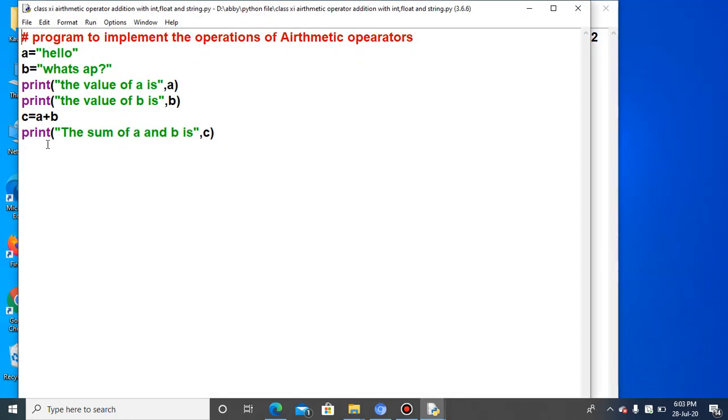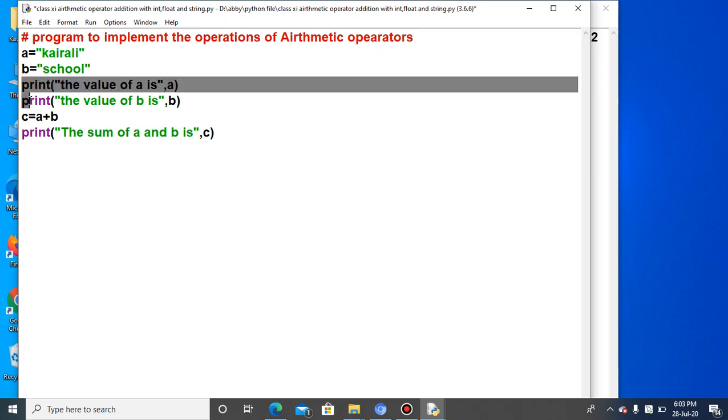Okay, so if you want to add two strings, the strings will not be added, but they will be joined together. For example, I have written Kerali, and in the second string I have written school, and I don't want to use all this because this is not a number.